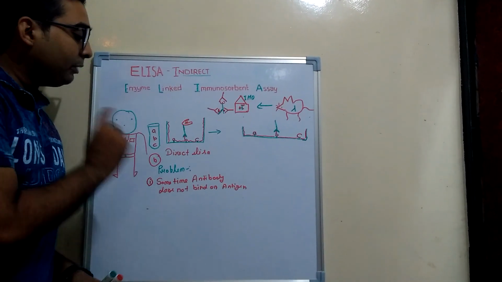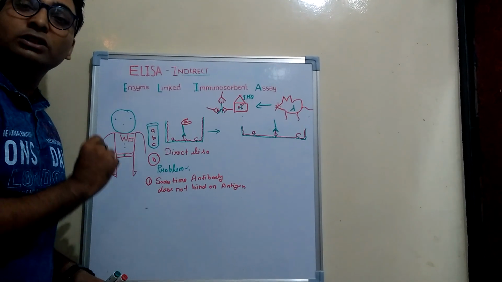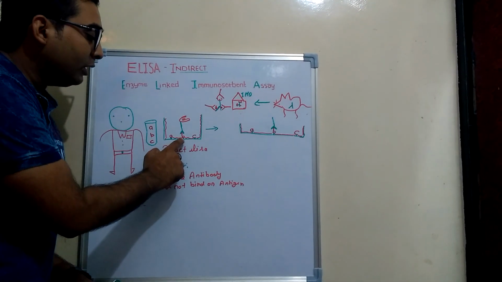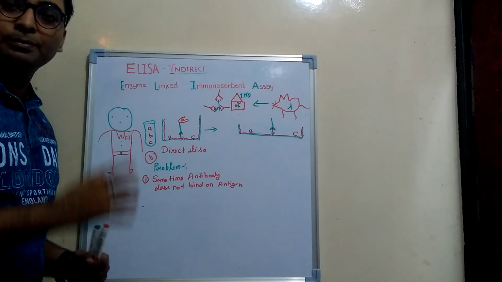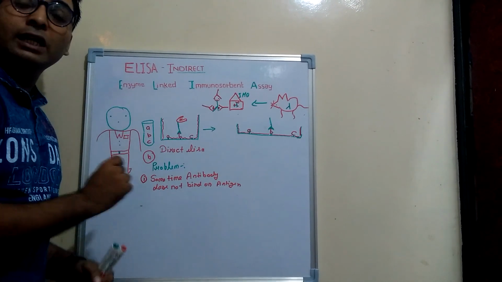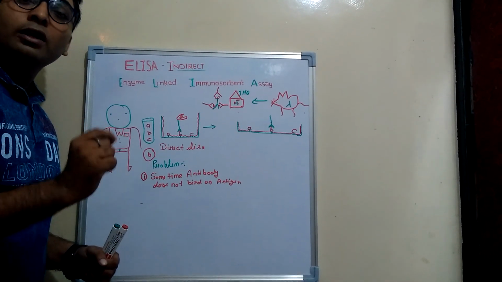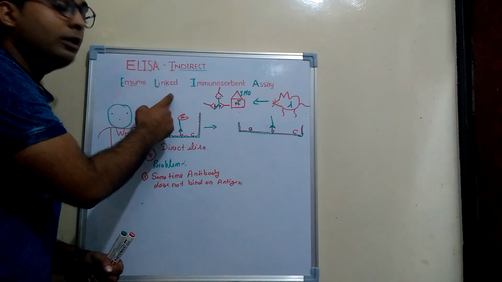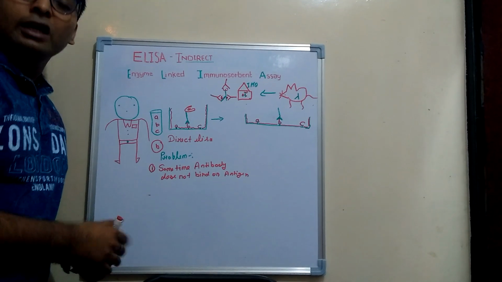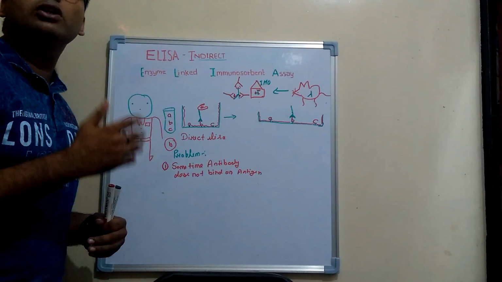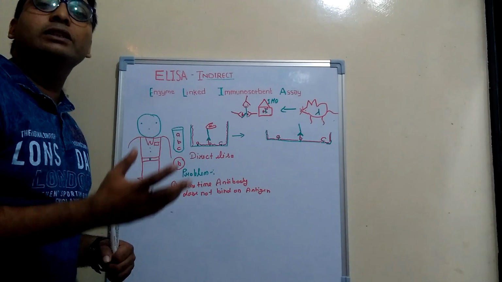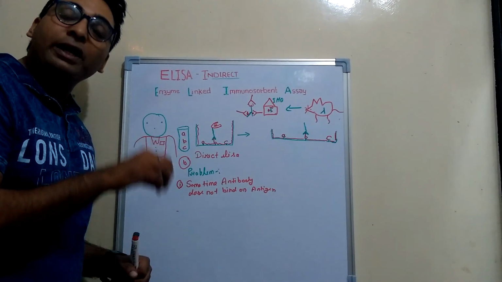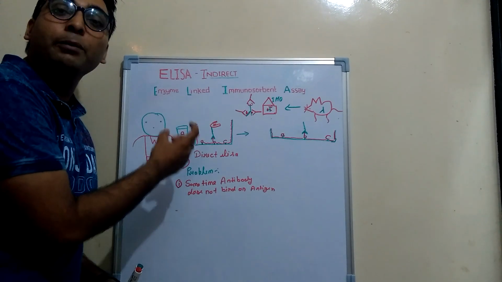sometimes the enzyme linked antibody was not going to bind on its specific antigen. If that enzyme linked antibody does not make a bond with the specific antigen, then the color will not be produced. If the color is not produced, then you cannot see the result, and you will think that the patient has no B antigen, but actually the B antigen is present. So less immunogenic reaction